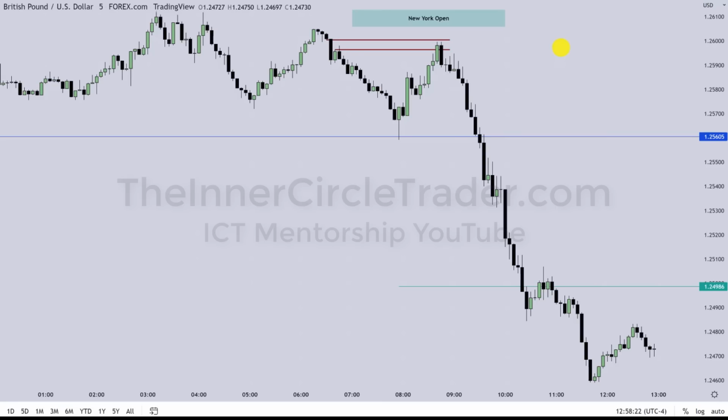So zoomed in here so we can have a better feel for what we'd be looking for. The logic is we want to be able to see if we can get a run from here to take out the sell side below here. How far? Well, we can reach down 10, 20 pips below that. And we're going to frame it with